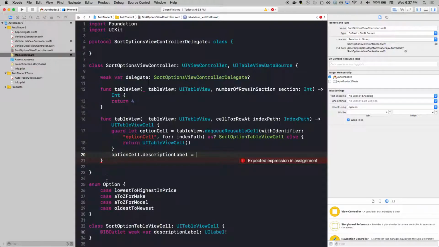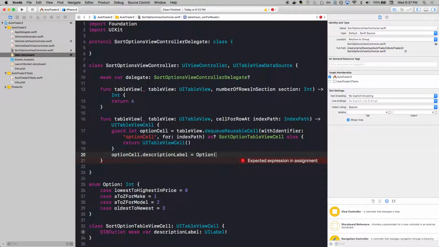So with enums, they don't actually come with a type right away, but I'm just going to go ahead and create one. You can also make it an Int, and what that means is basically that the first one is 0, the next one's 1, the next one's 2, the next one's 3. You can also explicitly say this one is equal to 61, but I'm not going to do that. But to be explicit, I'll go ahead and throw these in here. The reason I'm doing this is so that when we populate this table view cell, I can just basically do